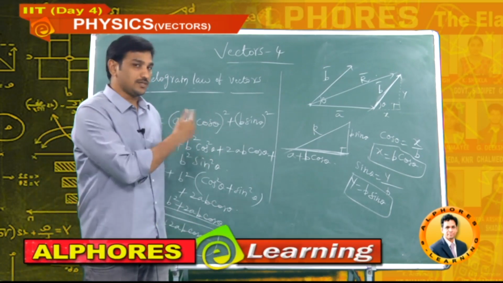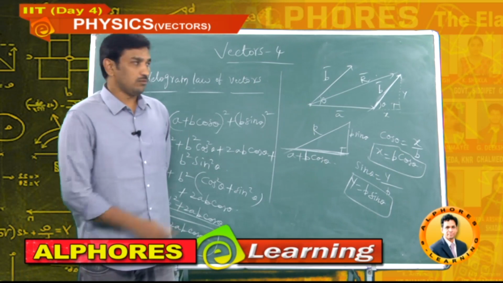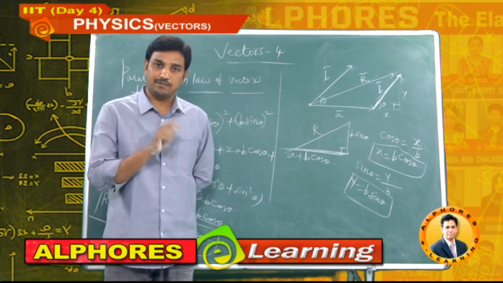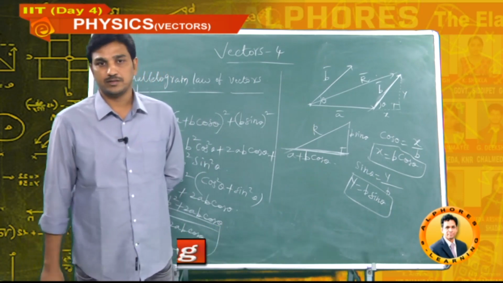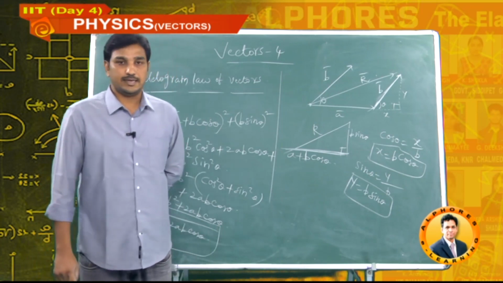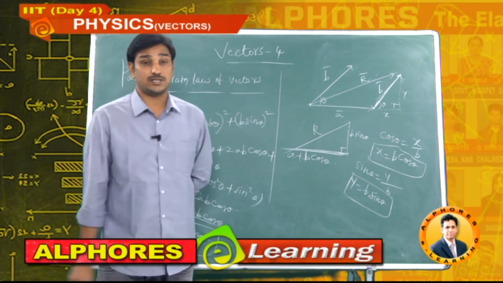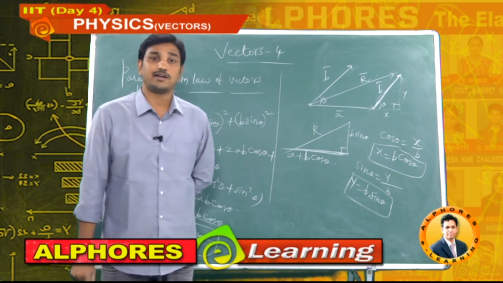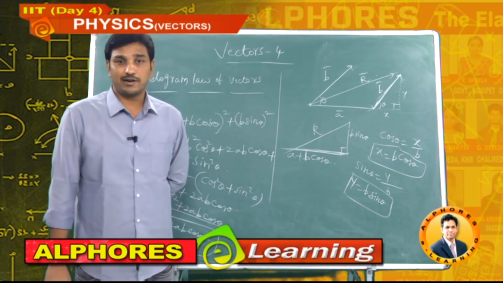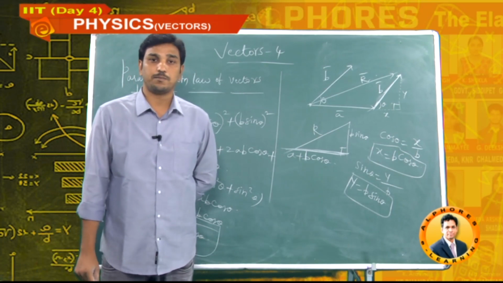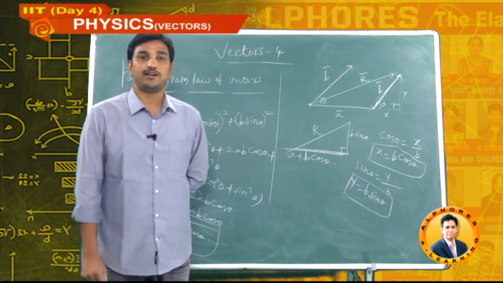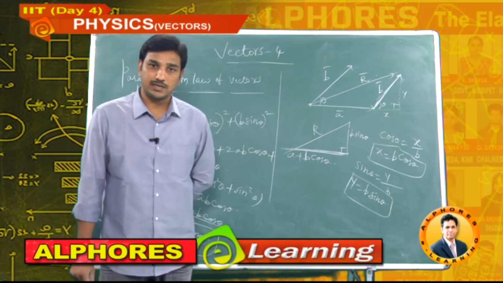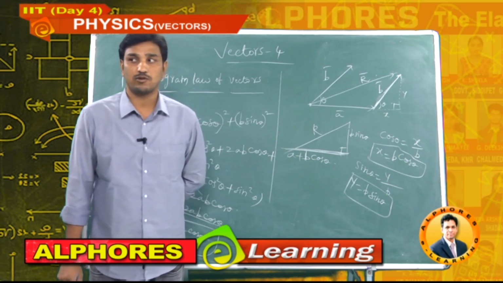Understood my point? Today what we discussed? Overall there is a conclusion. Today we started with multiplication of a vector with a scalar. If you multiply any vector with a scalar, length of the vector will change, but its direction won't change. Next one, we went through direction cosines. Vector, how it is making angle with x-axis, y-axis and z-axis. Those are called direction cosines. Cos alpha, cos beta, cos gamma are direction cosines. Those are represented by l, m, n. And finally we got two results: cos square alpha plus cos square beta plus cos square gamma is 1, and sin square alpha plus sin square beta plus sin square gamma is 2.